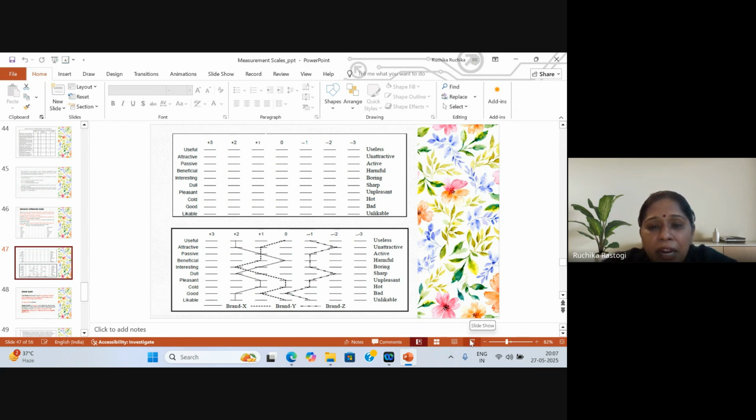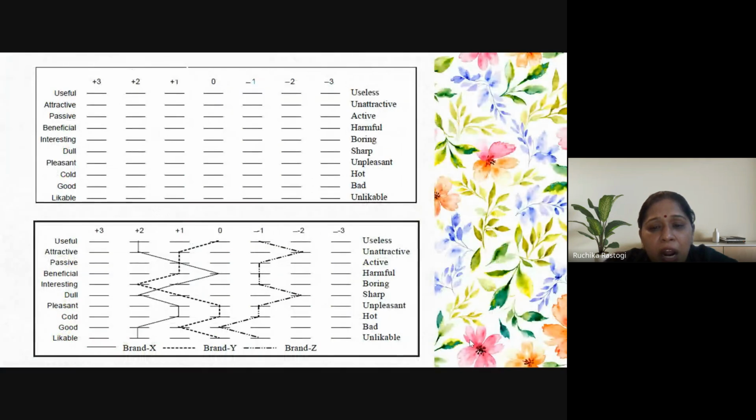guide will think, oh my God, what kind of scaling is being used? It's a kind of scaling which is hardly used by researchers. But these scalings are very powerful. Even if it is not a comparison of brands Y or Z, you can show the liking about brand X, whether people are liking this brand X or not. So it will go with one brand and with a comparison of 2, 3, 4 brands too. So you can use it.